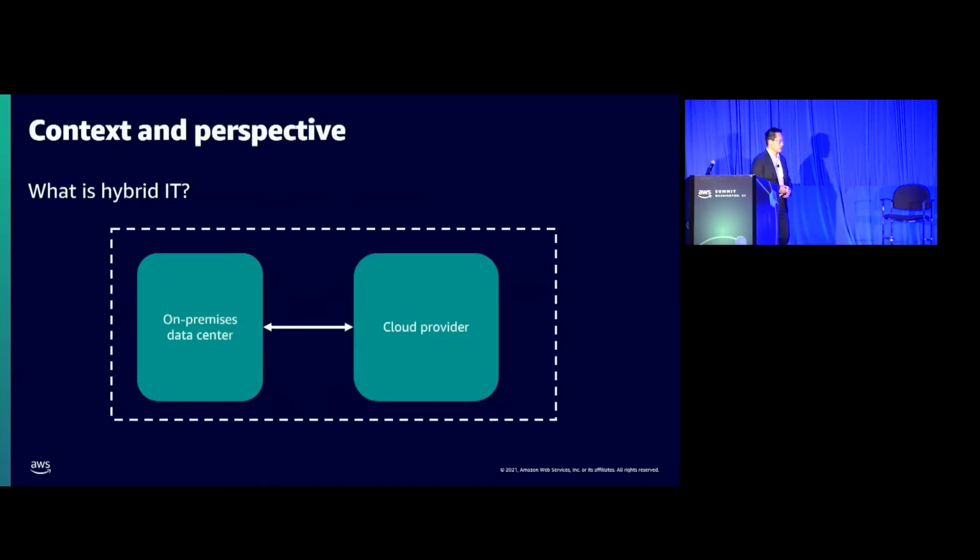All right, so just to set some context, when we're talking about hybrid IT, what we're talking about is you have an on-premise data center, one or more, right? And then you also use an AWS or an Azure, right? Our customers typically will not move everything to the cloud, right? That could be the end state years from now, but realistically, they're going to have a few data centers out there that they're going to use for one reason or other, you're going to have to keep it on